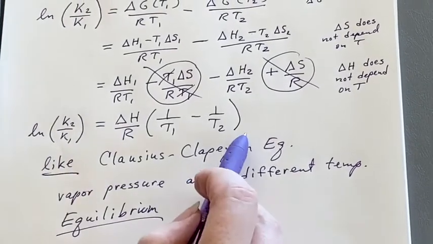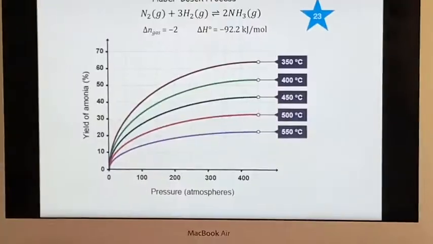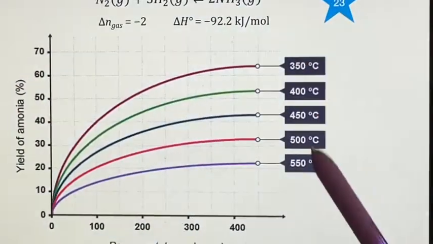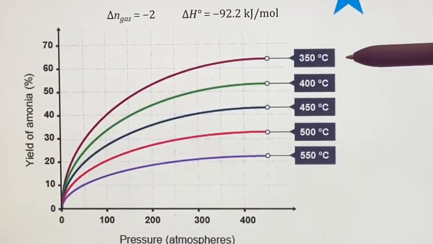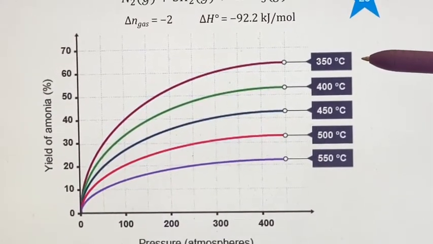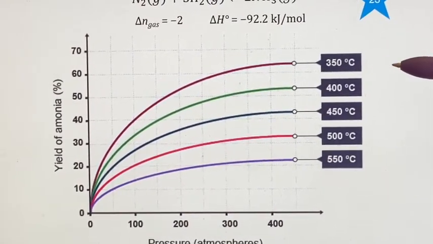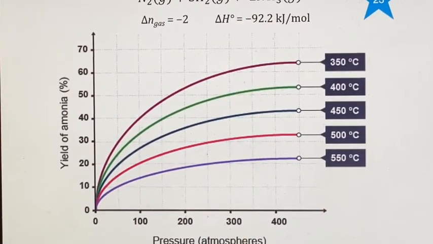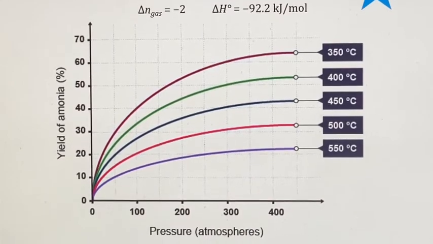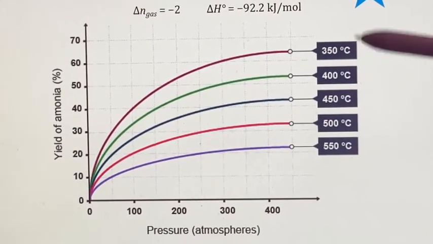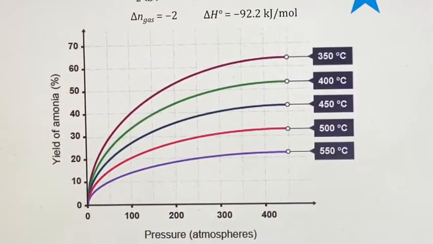Okay, so what does this have to do with the rest of this? These are different temperatures, right? And these are different yield curves based on temperature. We've looked at this in terms of kinetics. We said how fast a reaction will occur is going to depend on the temperature. If you give it higher temperature, you're going to be able to increase the speed at which it reaches equilibrium. That sort of sounds like we should just infinitely increase both the pressure and the temperature to make ammonia as